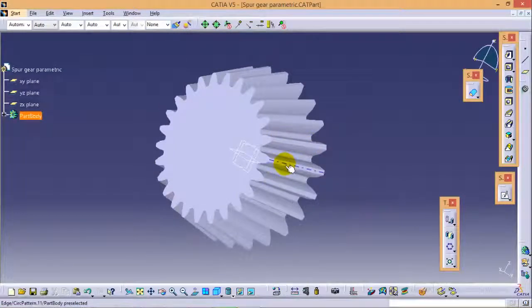If you want to create a helical gear, you can rotate the scaled figure by a certain degree, let's say 15 degrees or 20 degrees. In that case you will get a helix angle of 15 degrees.